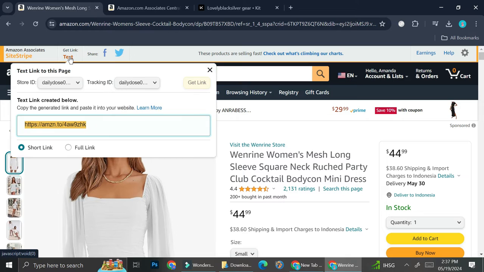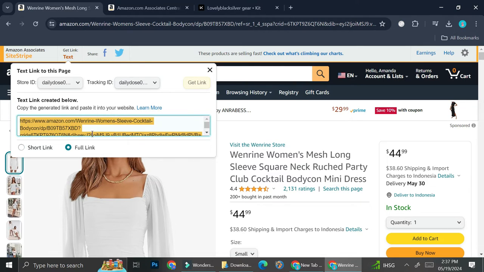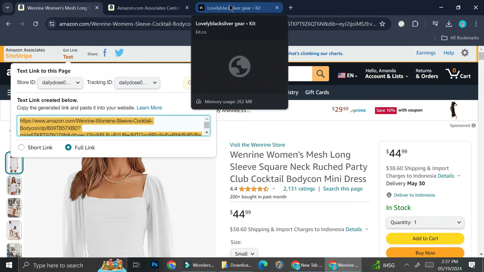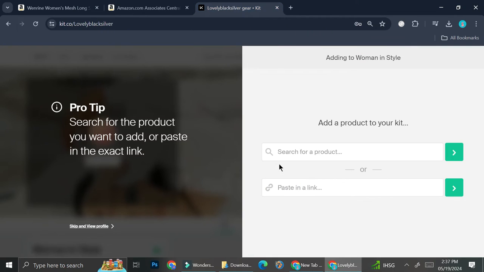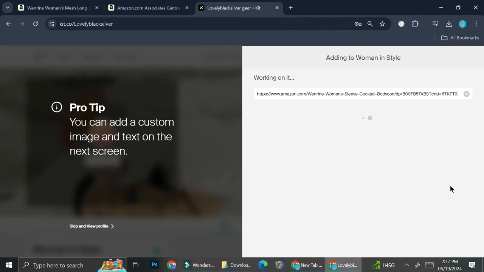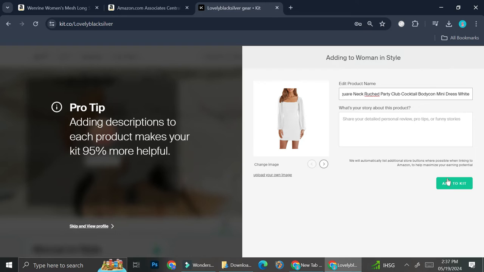So I go ahead and click on this, and then for kit.co, you will not be able to use the short link. So you're going to want to click on full link, press Ctrl+C on your keyboard to copy the link, go back to your kit.co and then paste the link over here, and then go ahead and click on the green arrow. And as you can see, you have the pictures added, you have the product name added,